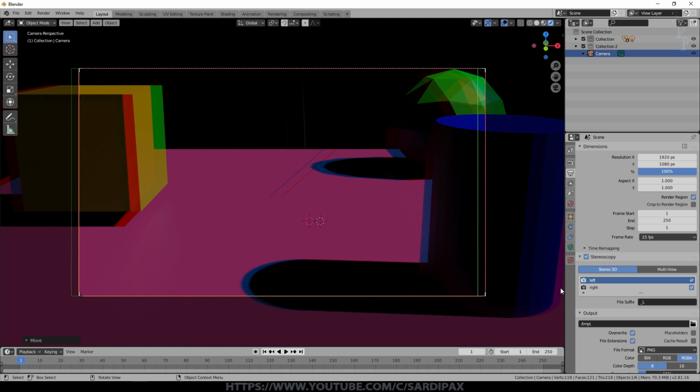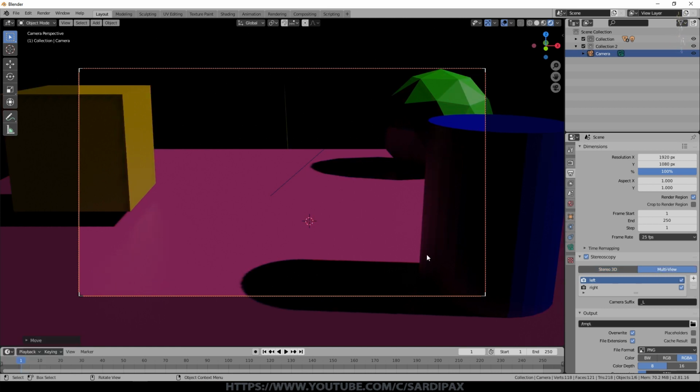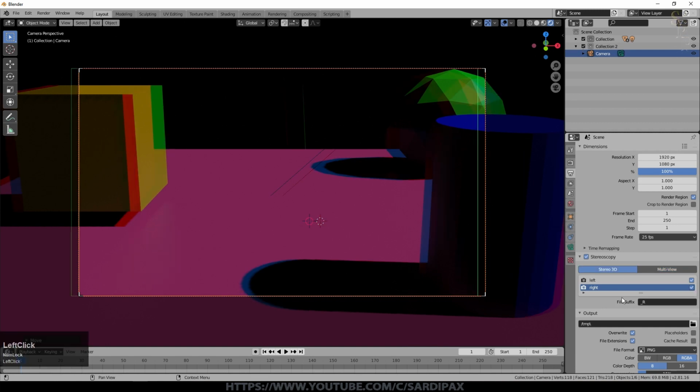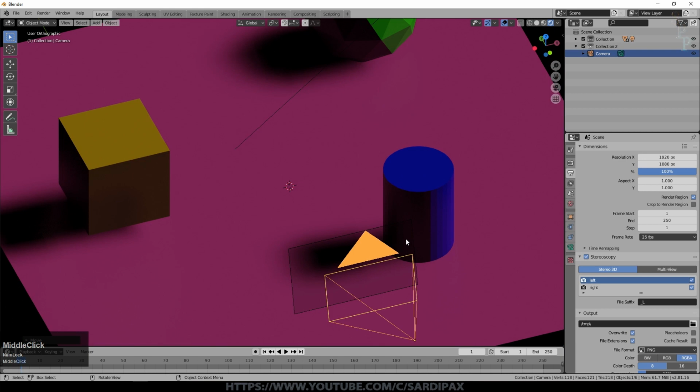If you want to use two discrete cameras, you can switch to multi-view and create two cameras. But what you'll need to do is to name them, in this case, underscore L and underscore R, so that there is a left camera and a right camera. That allows you to play around very simply with the distance between the cameras and so on, and maybe do some other special effects as well. It's how I started out and it worked quite well, but I then found that using the simple stereo 3D option was much easier to do. You only need one real camera. Effectively, more cameras are created from that.